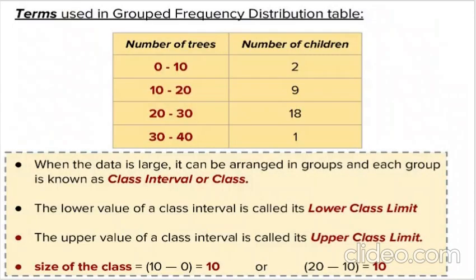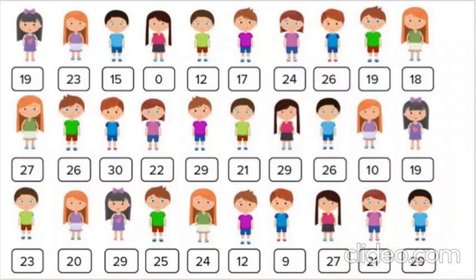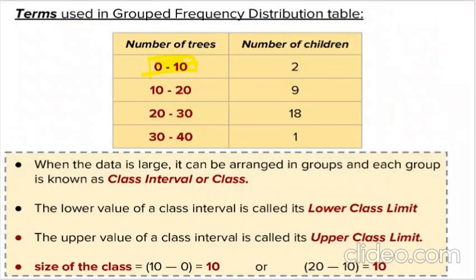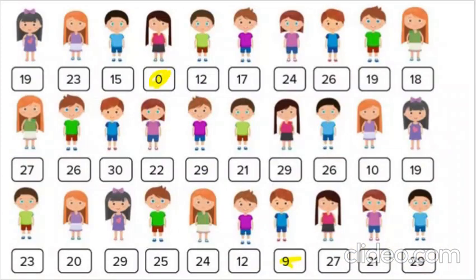पहला देखो 0 to 10, first range is 0 to 10, how many children? Let's see 0 to 10, 0, then 1 2 3 4 5 6 7 8 9 and 10, so 2 we have, correct, 0 and 9 है 0 to 10 में. अब next is 10 to 20, 10 to 20 के कितने range है,